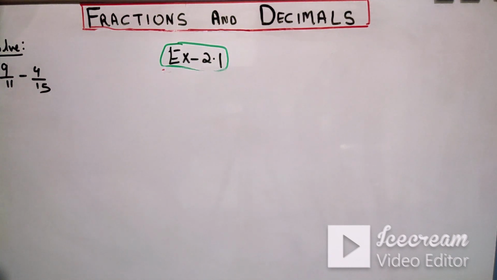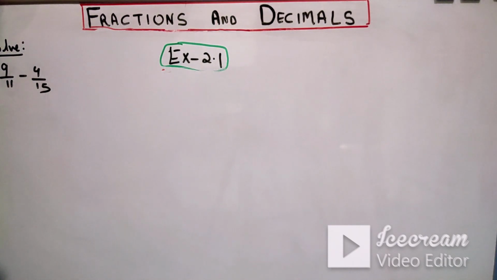Okay, so the next question is 9 upon 11 minus 4 upon 15. Now how are we going to do this? Again, I have told you about prime numbers, but is 15 a prime number? No. But these two numbers are something called co-prime. I think you would have studied it or not, but let me tell you what that is. These two numbers do not have any common factors except 1. So a similar case we will do here.